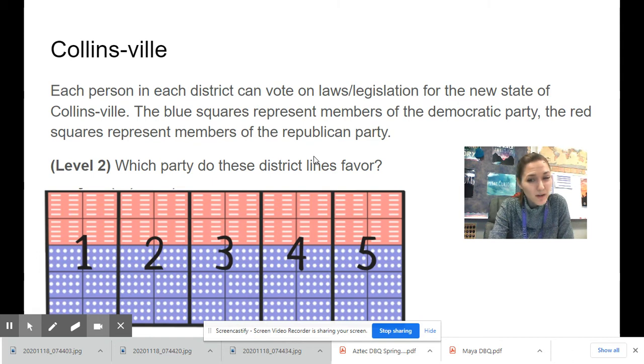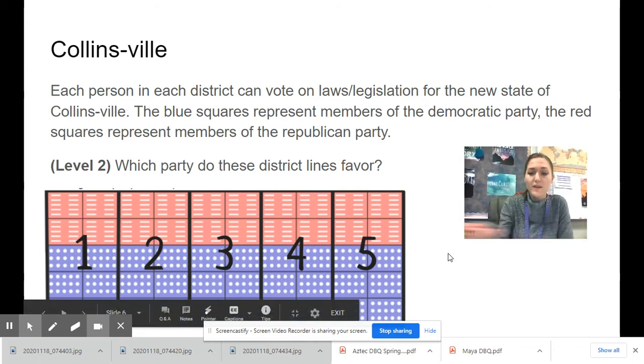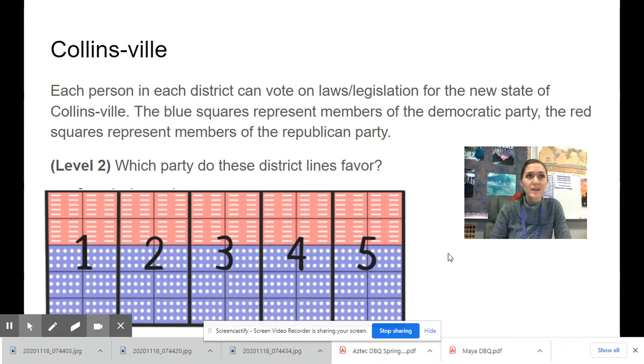All right, there is a problem with these district lines. Remember, each district has 1 representative. That 1 representative gets 1 vote in Congress. When they vote, they're not voting based off what they think. They're supposed to vote based off what the people in their district think. So let's say I'm from District 5. Okay, I have a bill that's presented to me, and let's say it's a bill that is supported heavily by the Democrats